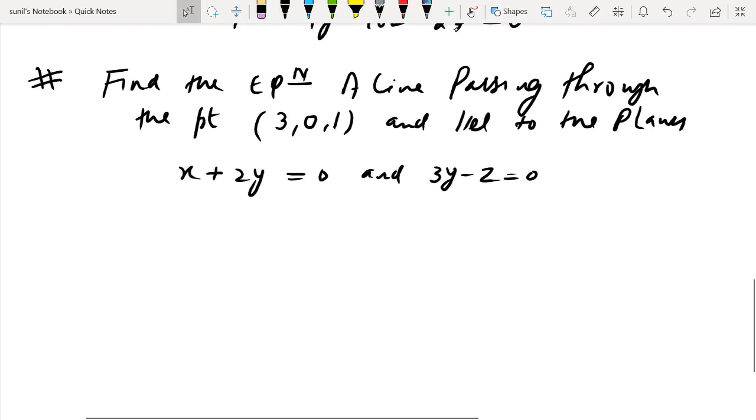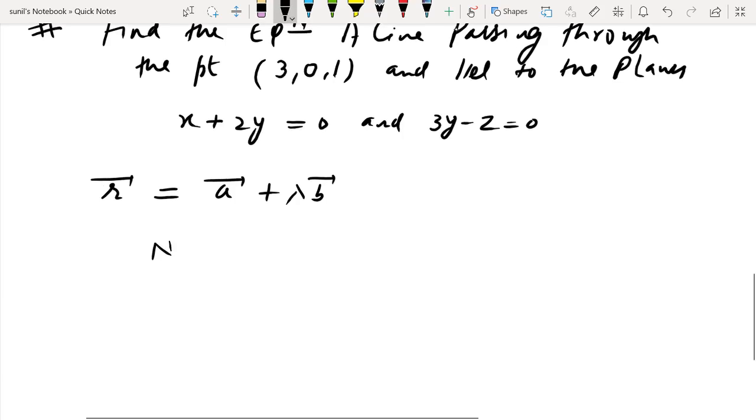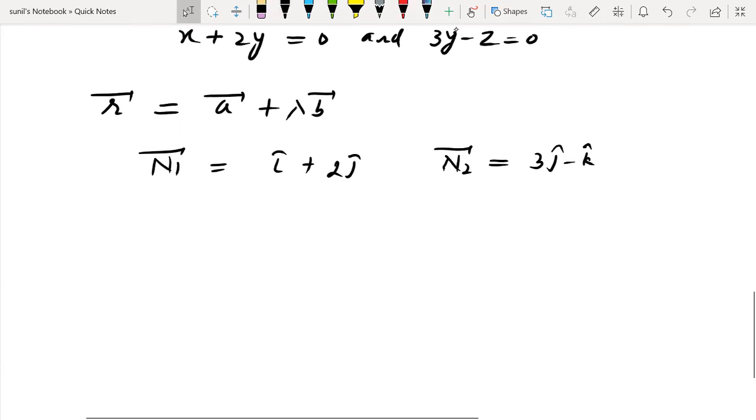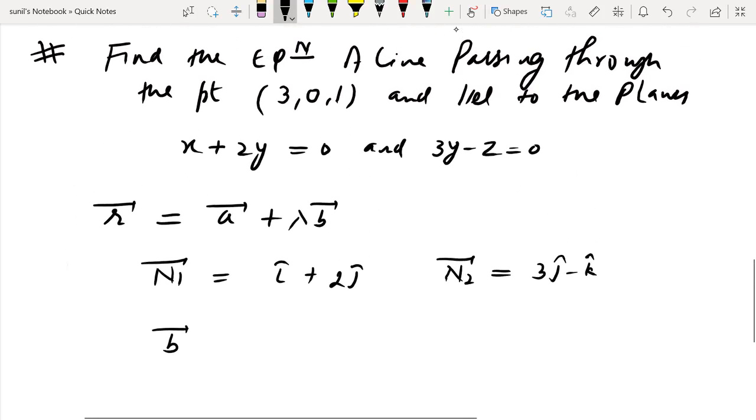Now we know that whenever we are finding the equation of a line, it is like this: r vector is equal to a vector plus lambda times b vector, and the line is drawn in the direction of vector b. But in this context, the normal n1 of plane 1 is nothing but i cap plus 2j cap, and normal n2 of this plane is simply 3j cap minus k cap. Now in this case, the vector b is